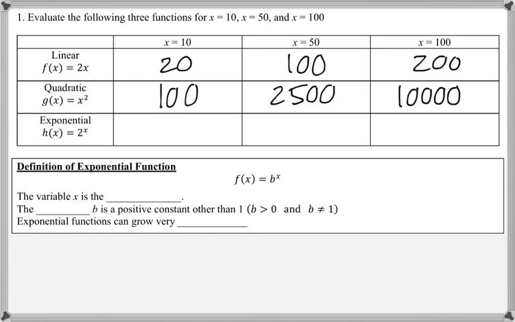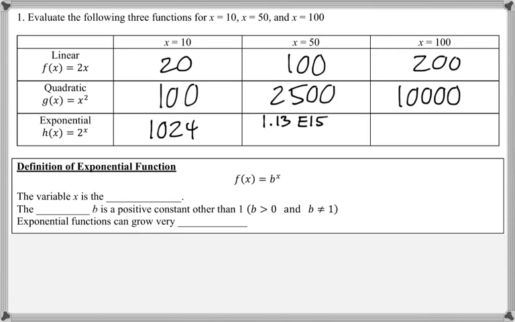So now let's finally look at the exponential function. And this is 2 raised to the x, which is different from x raised to the 2 or 2 times x. So do 2 raised to the 10, and that is 1024. 2 raised to the 50 is, I'm using the exponent key or the caret key on the calculator, I'm going to round this to 1.13, and you'll see that there's an